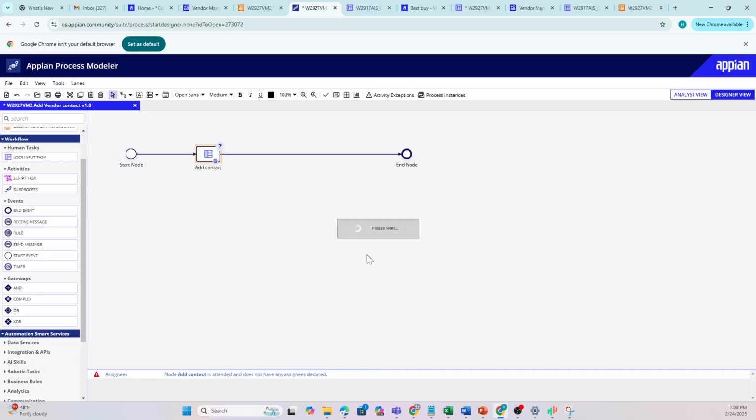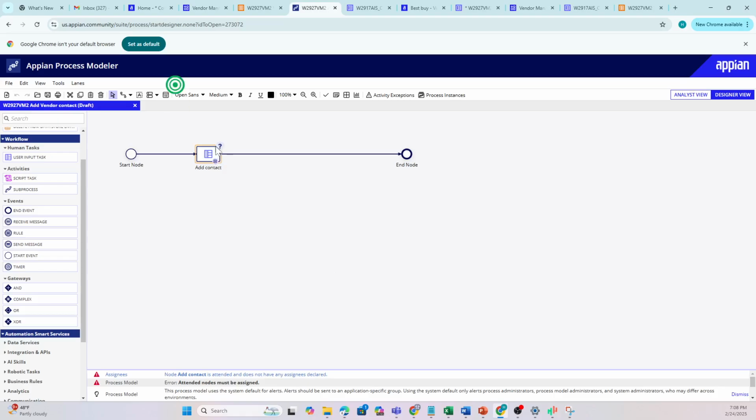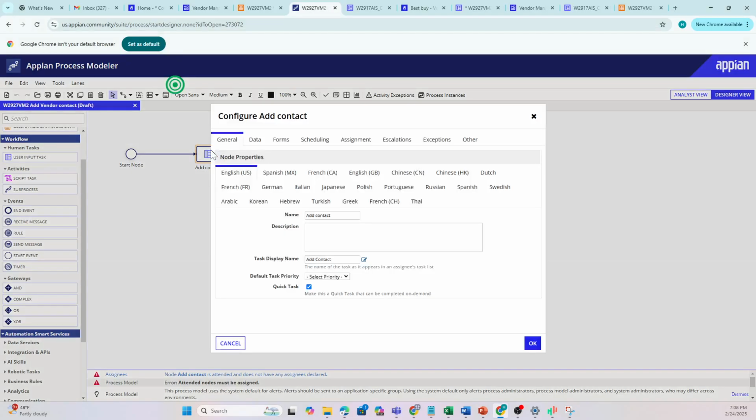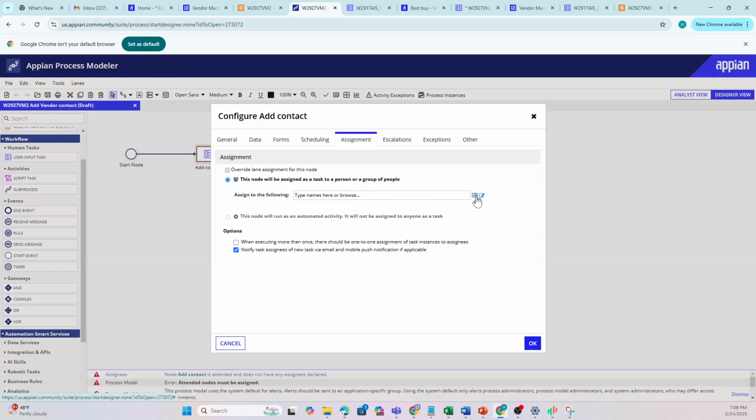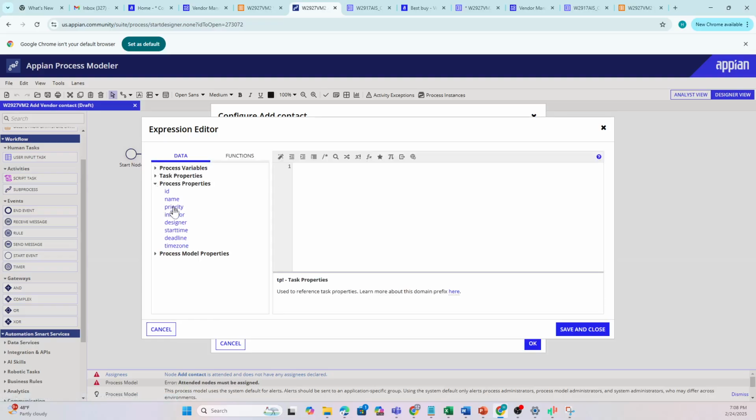I'm going to publish this. This is actually having some problem. If you see here, there is an Appian problem. What's happening is because you see this question mark here. This is not assigned to anybody, so we have to go to the assignment and assign it to somebody. I'm going to add whoever initiates this process. This property is from the process automatically. PP initiator is nothing